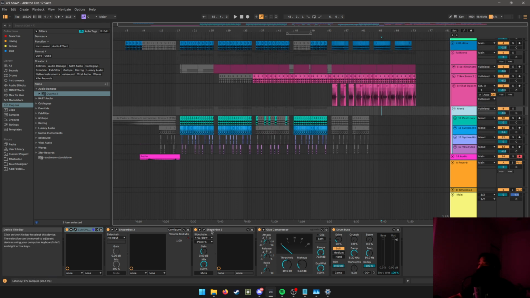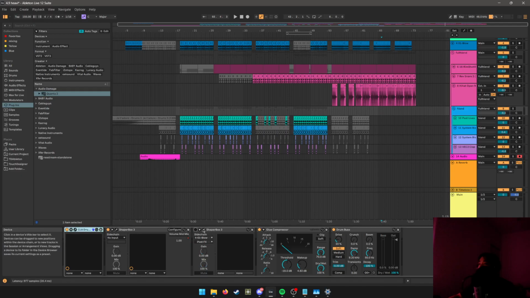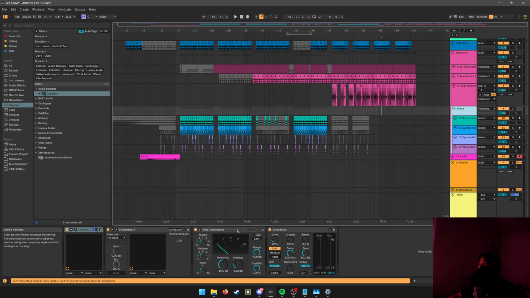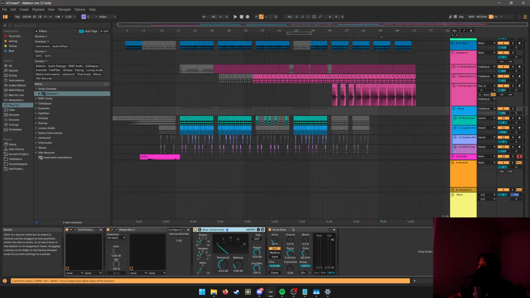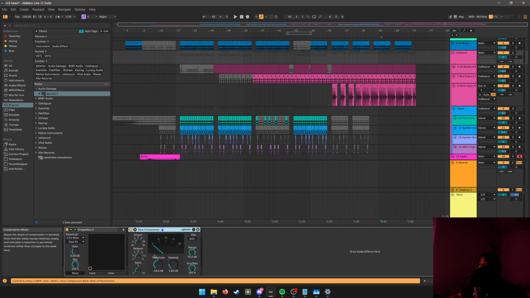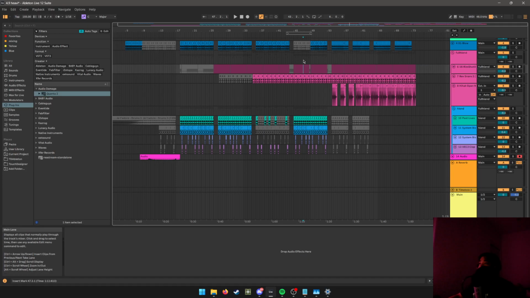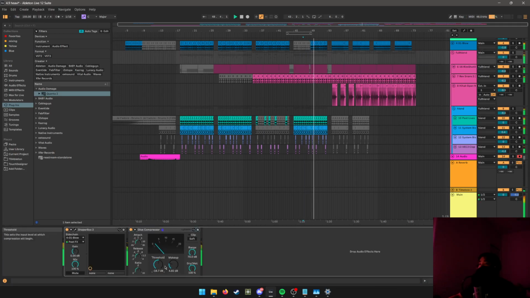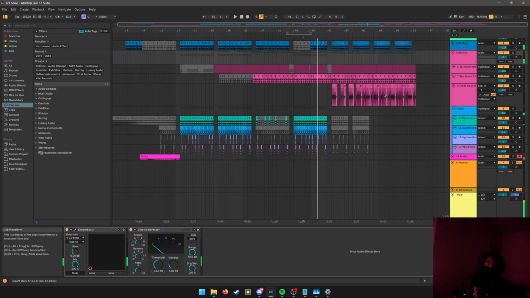Can't freeze it because of the side chain, which is good because I'm gonna move that side chain to this full high end. I probably don't need 2 glue compressors, but I think I'm literally doing that because the internet told me to, not for a real good reason, honestly. So